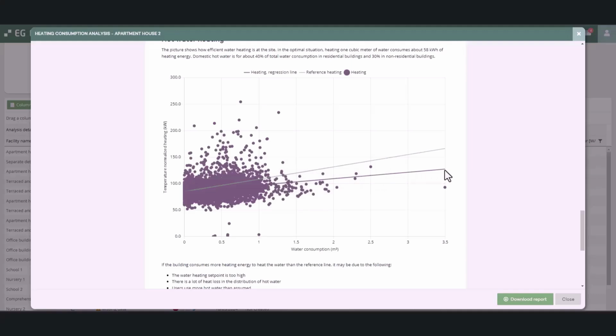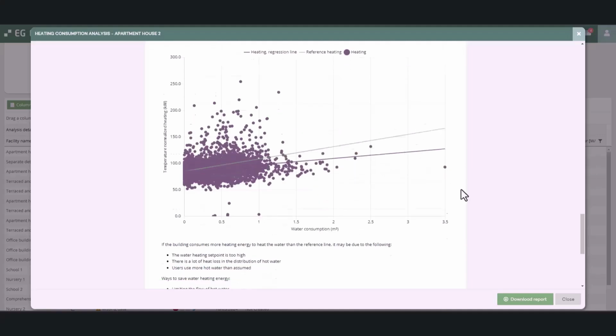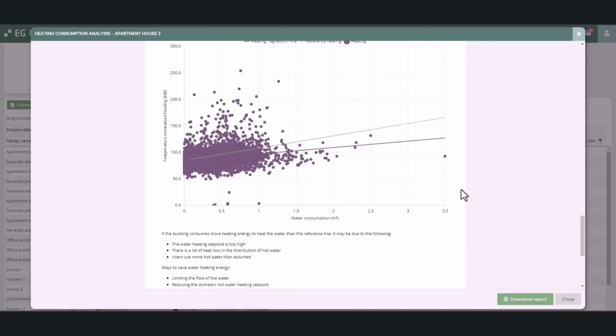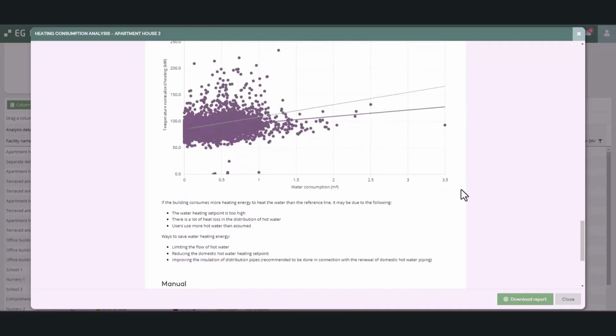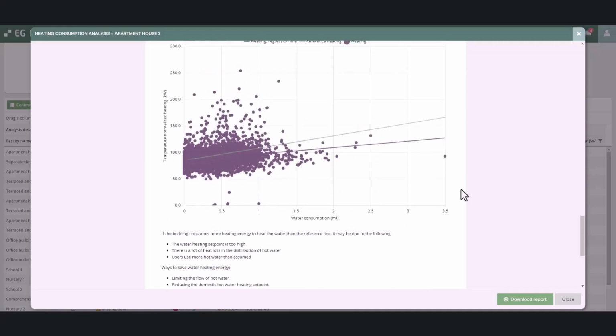If the regression line is higher than the reference line, it is recommended to check the domestic hot water heating settings. In this case, the regression line is lower than the reference line, which means that less energy is used to heat the hot water than in the reference facility,